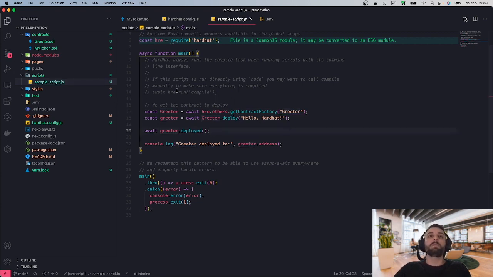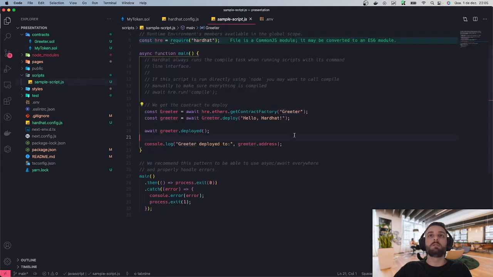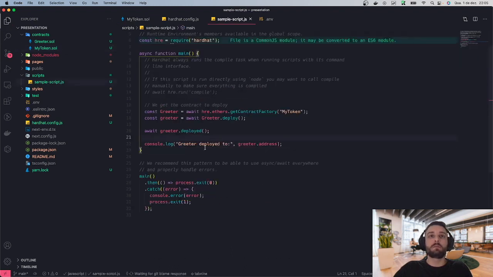So it's a pretty simple deploy script here from Hardhat. We just have to change the name. So instead of Greeter here, it's your token name. So in this case, it's MyToken here. And also the deploy doesn't have a parameter here because we're not passing anything to the constructor. So with this, MyToken